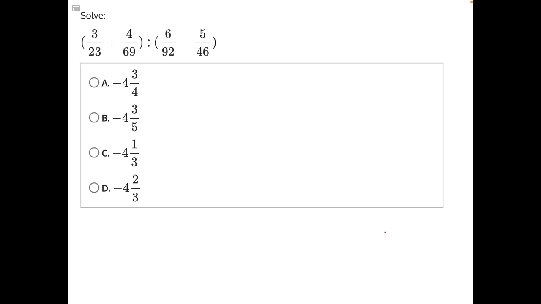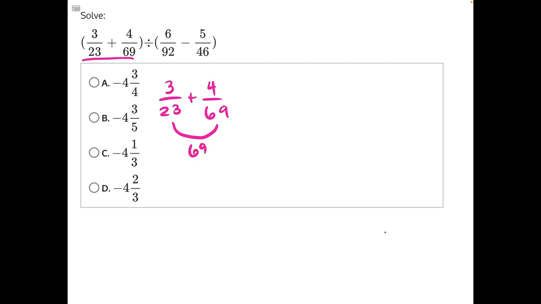To solve this question, we need to use PEMDAS and start by independently solving each of these sets of parentheses. Starting with this set, we have 3 over 23 plus 4 over 69. We're going to need common denominators in order to add, and the least common denominator between these two numbers is